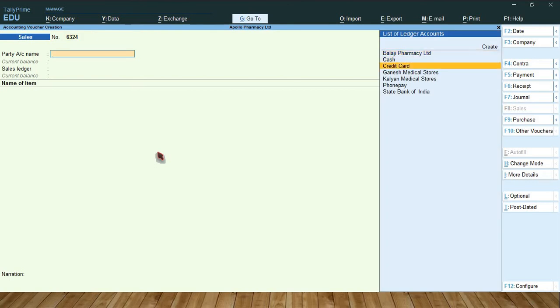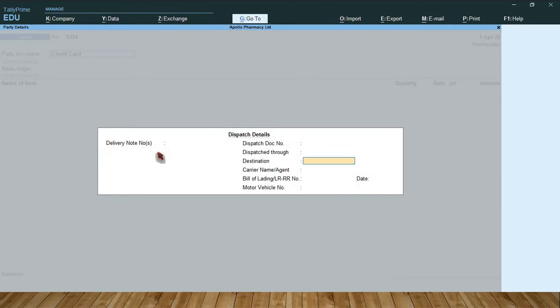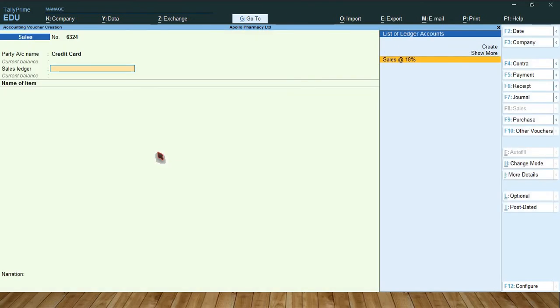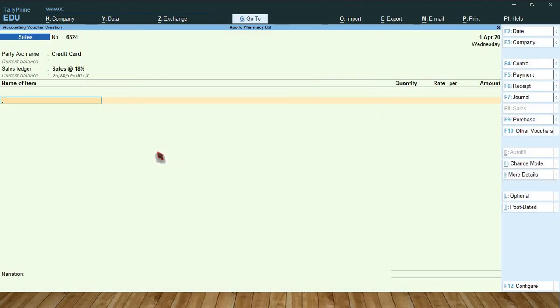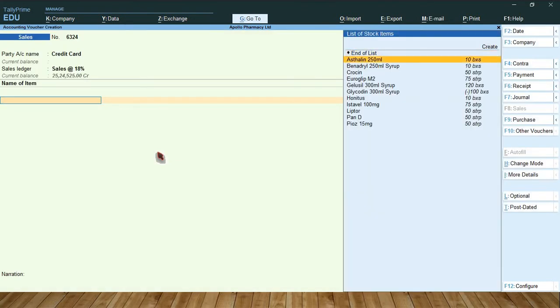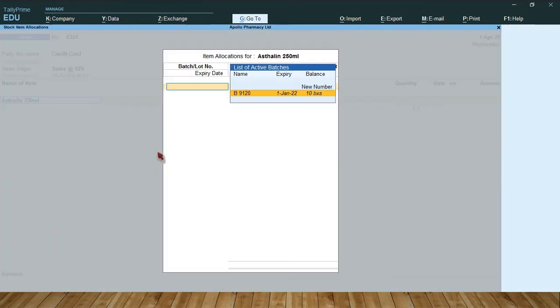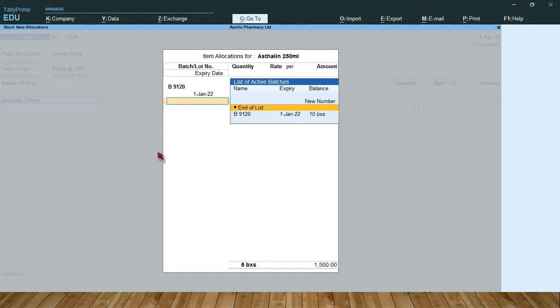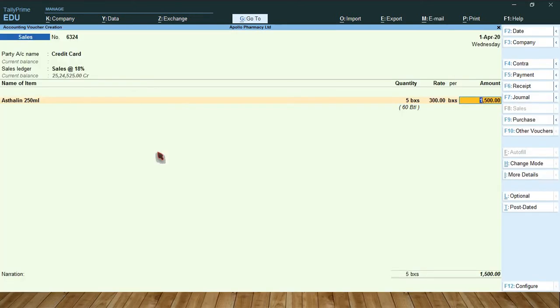So next, credit card. So this time syrup, 5 bottles, 5 bucks.